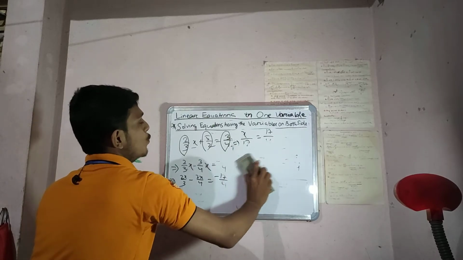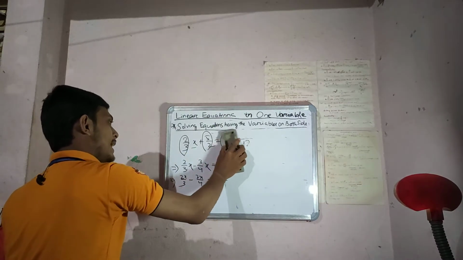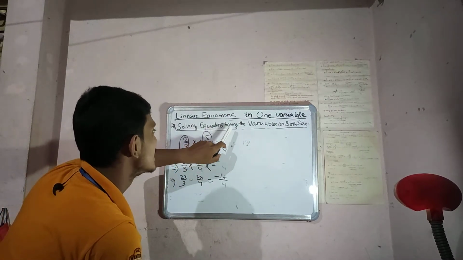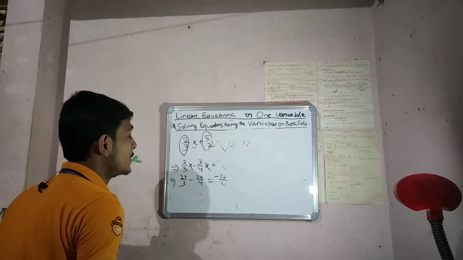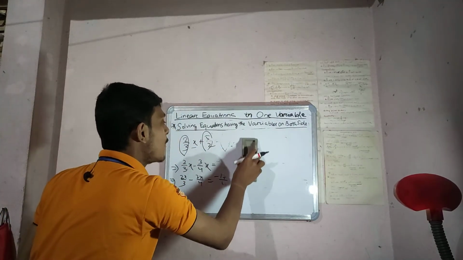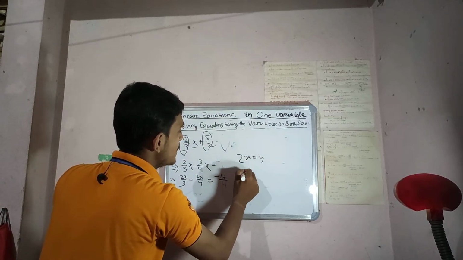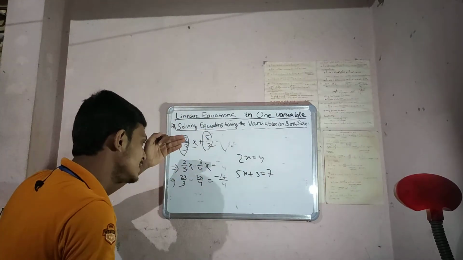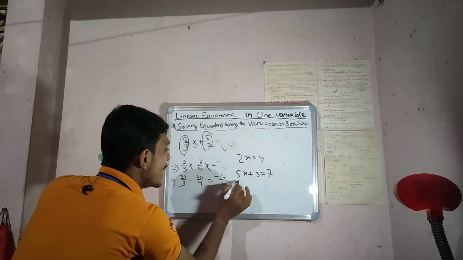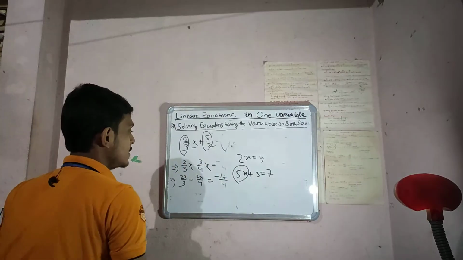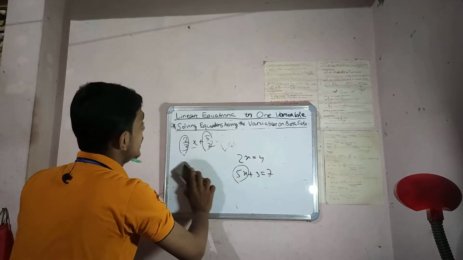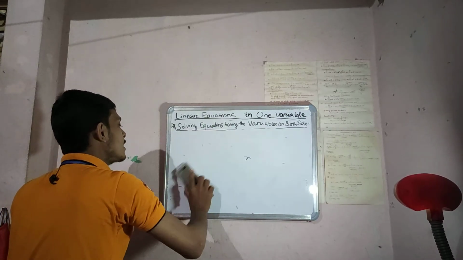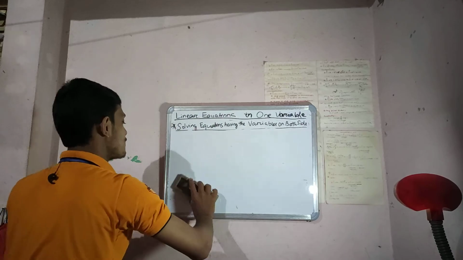In the next class you will see another, different type of application, where the equation we get has variables on both sides. Previously the applications were in a single variable, with equations like 2x = 4, 5x + 3 = 7, but in this type of application we get the variables on both sides. Two or three types of problems relating to equations having variables on both sides will be discussed in the next class. Okay, thank you.